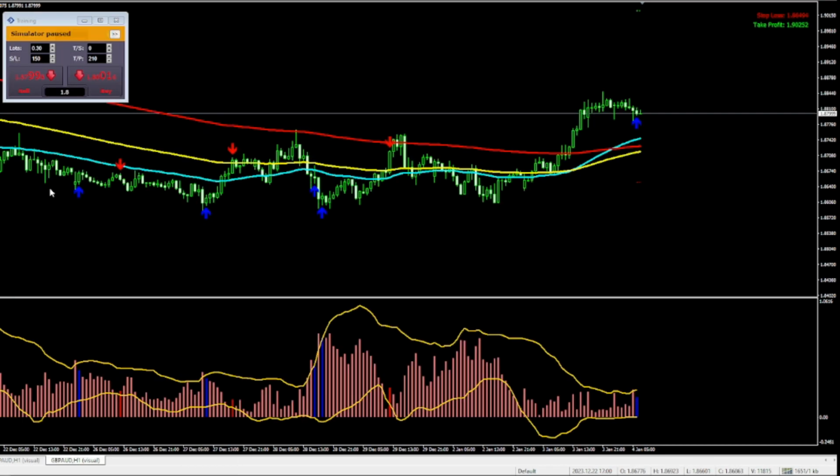Next, let's explore our last trade example. On the chart, I've selected the British pound against the Australian dollar in the hourly time frame. From this example, we can see that the pair was in a downtrend, with the VIX Extreme providing us with